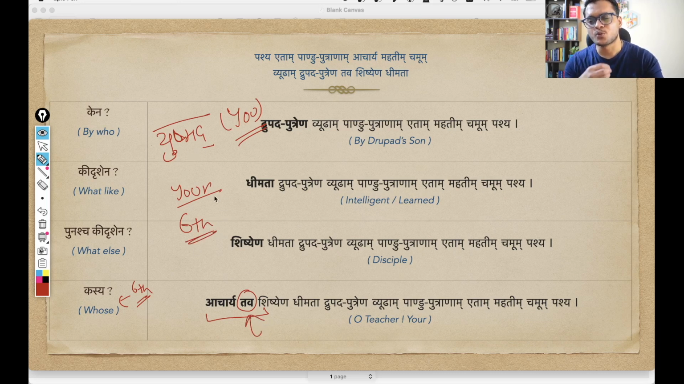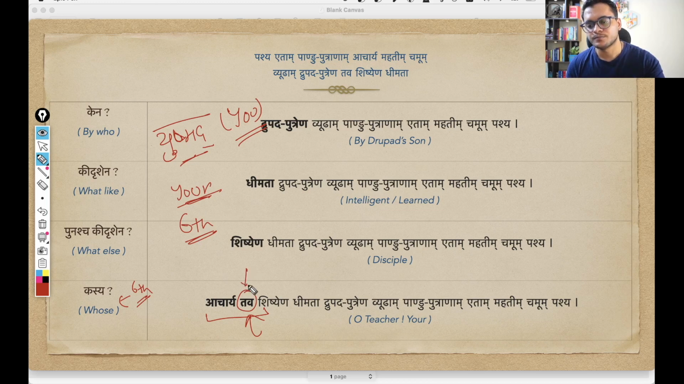Again, don't worry about how Yushmad is becoming Tav. It's not important to know the logic right now. You already have the Vibhakti tables, the word case tables, with you. And with repetitive usage, we are anyway going to register these words in our memory. How Yushmad becomes Tav is not important. The only important thing is, whenever you want to say your, you use the sixth case of Yushmad,